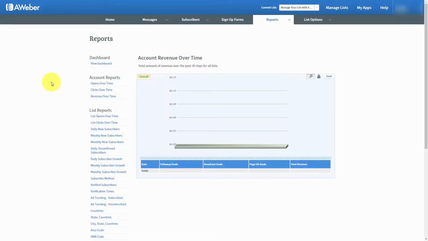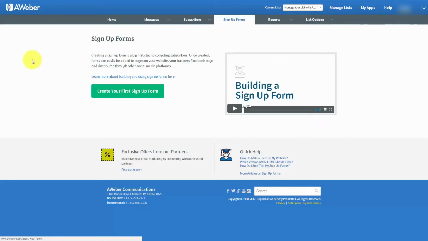Welcome back. We will now look at the sign-up forms, and you can get to the sign-up forms by going to the sign-up forms tab and clicking this link. Now, when you first reach the sign-up forms tab, you can actually click this button, which will take you through a wizard. We're going to go ahead and click this green button to create our first sign-up